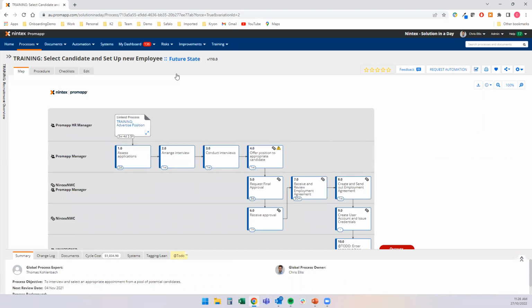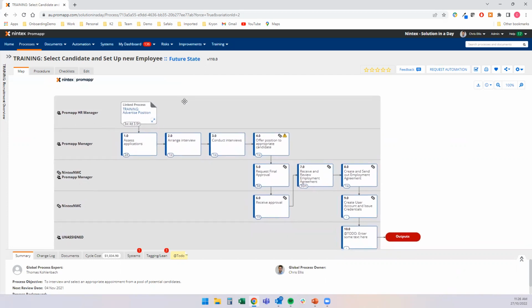Now, I've probably had a chat with someone in my organization who knows a little bit about automation. And what we can now see is Nintex Automation Cloud is playing some roles here that it wasn't playing in the current state. So it's going to send emails out to offer positions to candidates with contracts, presumably, to sign. It's going to grab the approval stage. It's going to work that through workflow. But my important parts were to receive and review the employment agreement, so building and generating that agreement, creating and sending that agreement,